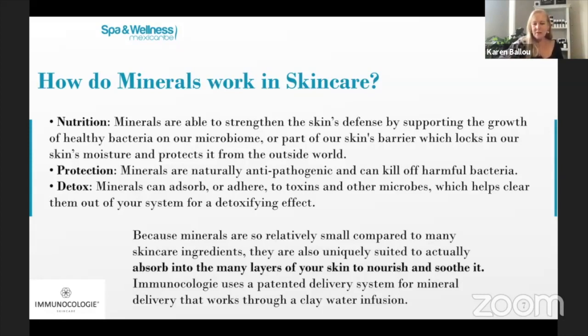A lot of times we think about detoxing the skin and we don't think of it as a way of health. We just say, oh, we need to get rid of that surface dirt and debris. But we're really wanting to get out of the pores. When we sweat, that's one of the things that happens: we're getting rid of the toxins in the body. So a healthy body, a healthy microbiome, is getting rid of those toxins off and out of your skin. That's one of the reasons why I love having our Vital Clay Mask,